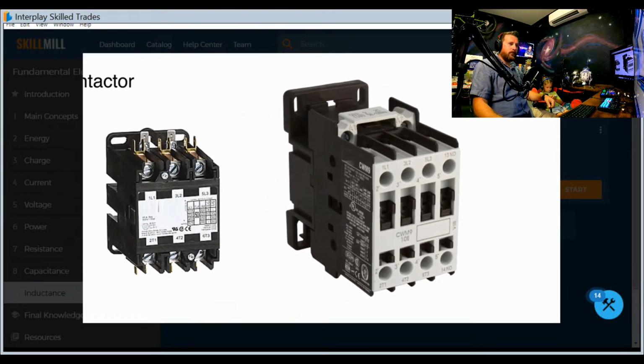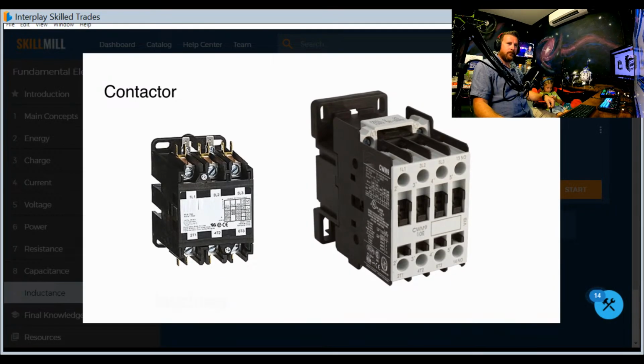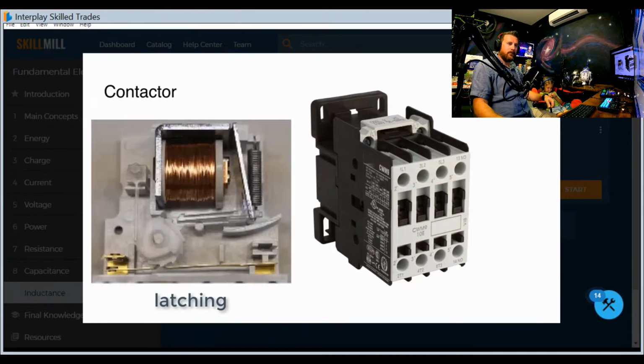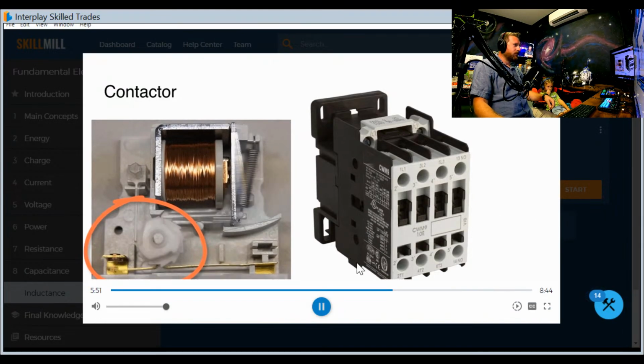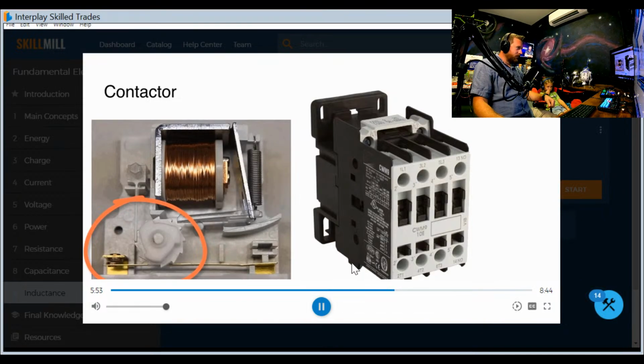One cool feature of some contactors is that they can be latching. This means once the internal electromagnet pulls the armature into position, a mechanical arrangement holds the contacts in place. The power to the internal coil can go away, and the contactor keeps the circuit switch position